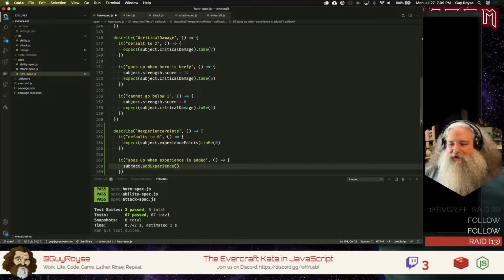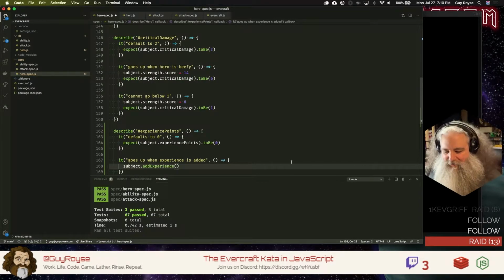Java's a fun language. It's actually the one I originally did the Evercraft Kata in. When I first put this together, I did it in Java. Yeah. So, I like doing it in Java. I call it the poker kata, where you write basically a poker hand comparator. For some reason that's enjoyable to do in Java. Probably because it's strongly typed and so that lends itself to the idea of suits and all that kind of stuff. But yeah, I appreciate the raid. I've actually done the Yahtzee kata as well in JavaScript. It's interesting because you end up creating a bunch of templated functions for the 1s and the 2s and the 3s and stuff like that. I haven't tried it in Java. That would be interesting. But anyhow, on with the